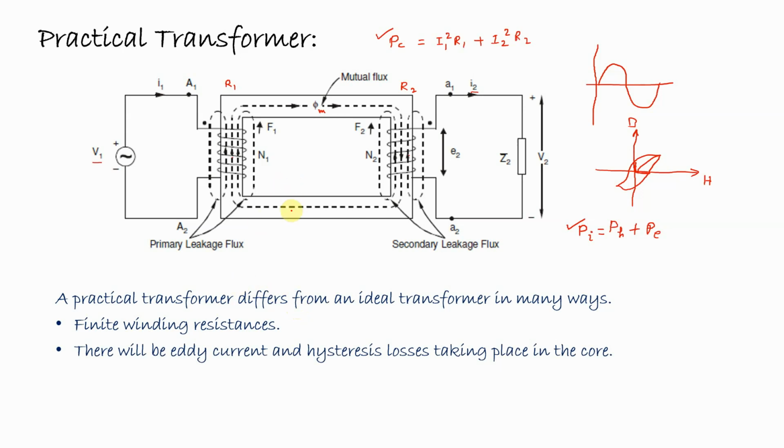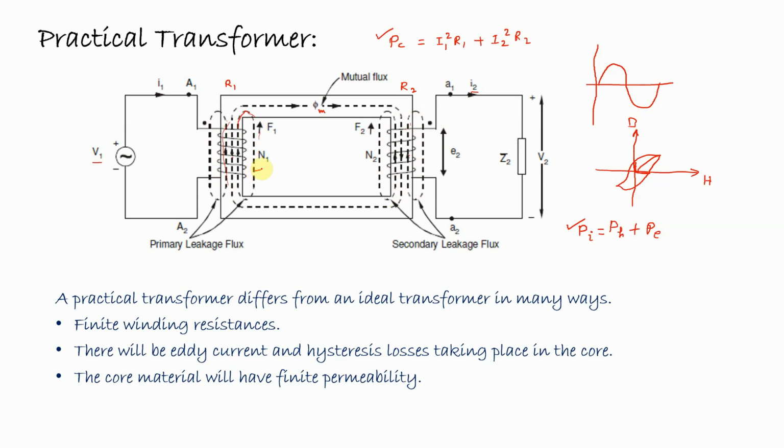The next is the leakage flux. As we have seen, the magnetomotive force is developed initially in the primary winding of the transformer. So the flux will start to flow through the core of the transformer. But some amount of flux will also flow through the air and it will circulate locally. Similarly, due to the current in the secondary winding because of the load, another flux will be developed in the secondary winding and it will also circulate in the local area.